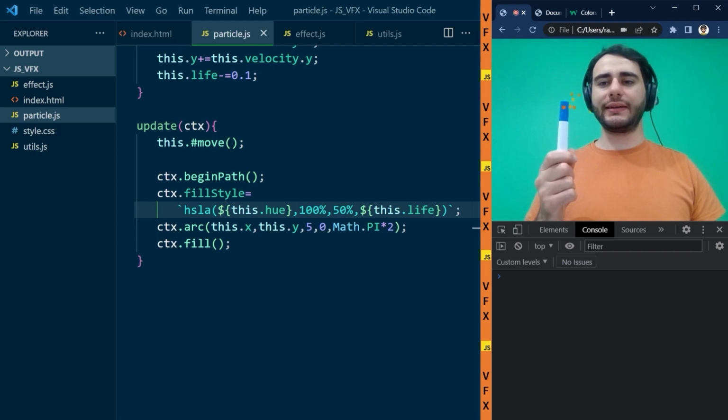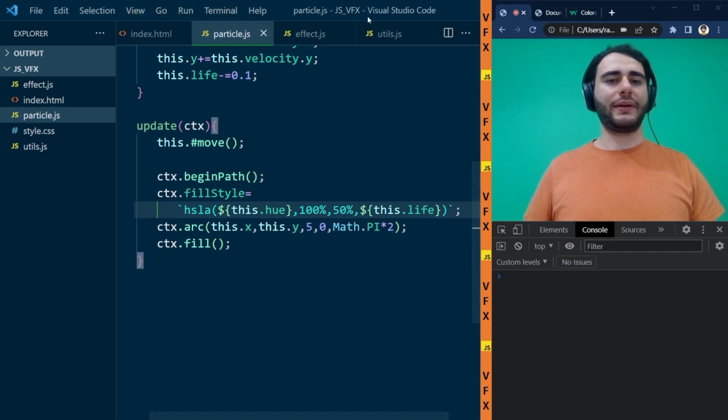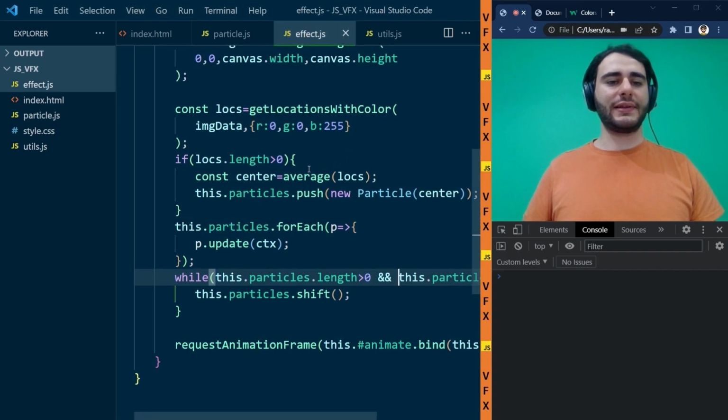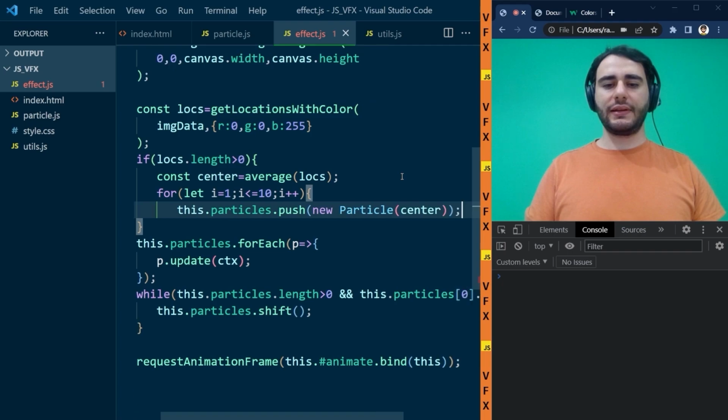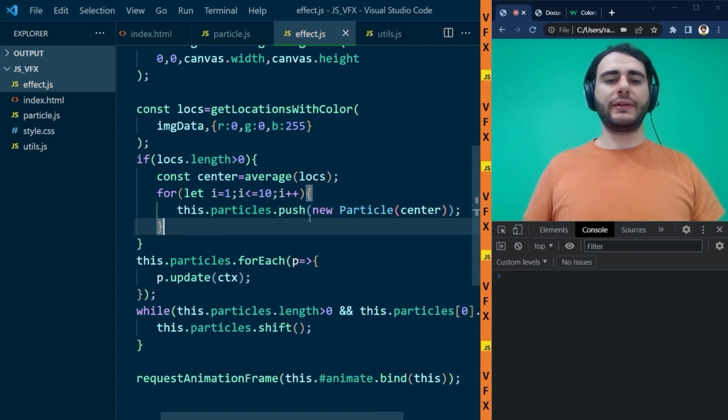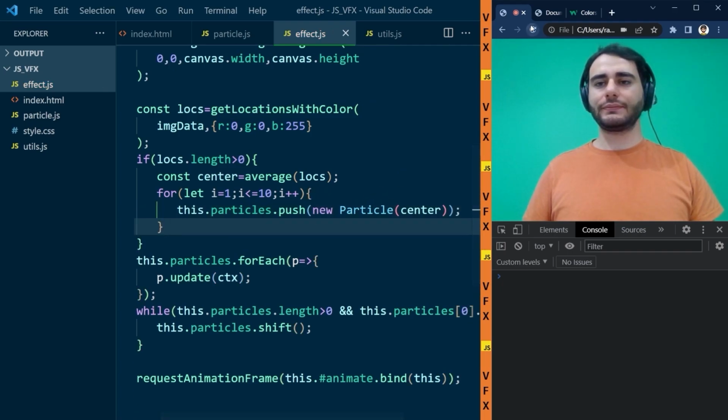Not really great. I don't like it very much. I think we have too few particles. So let's add more of them. I'm gonna go here in effect.js where we are adding particles to this array, and I'm going to do a for loop and say for let i is equal to 1, i less or equal to 10, i plus plus. So this just means that we are going to generate 10 particles at each frame. If I refresh this,